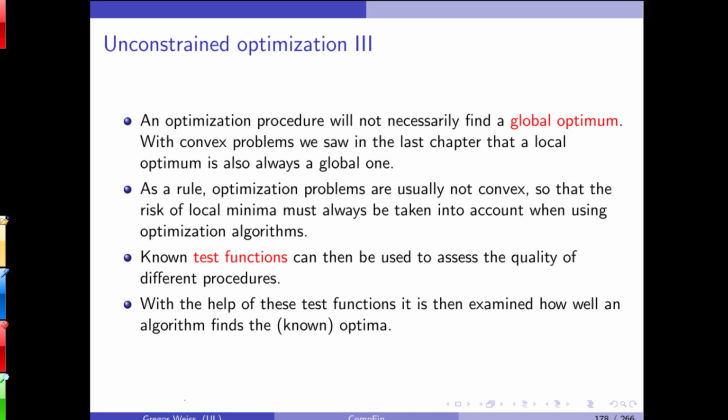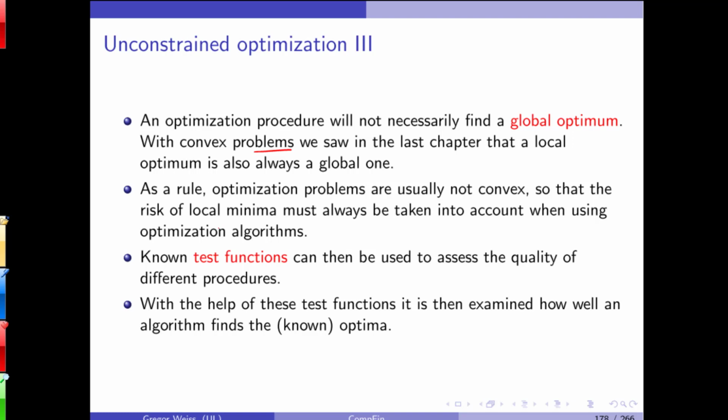Even with this very simple picture, this very simple image of me taking a ball, letting the ball fall to the ground and the ball flowing and going into the direction of the steepest descent, this makes it very simple to see that we can only find a local optimum by this. With convex problems, we know that we only need to find a local optimum because the local optimum will already be the global optimum. With all other functions, well, we cannot know. What you can do then is,